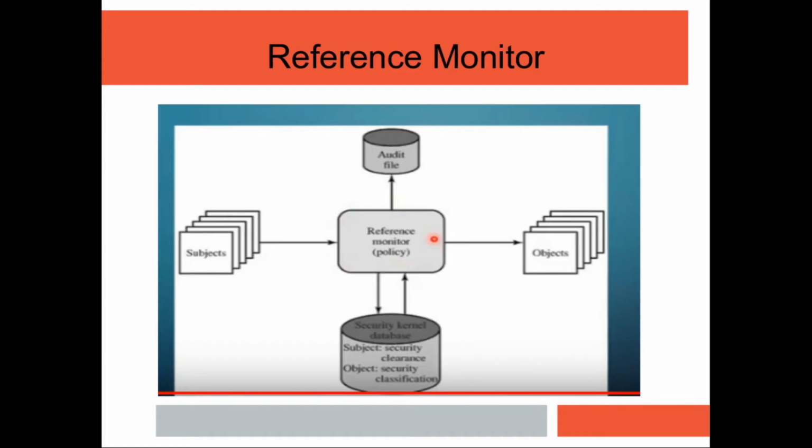A subject wanting to access object files or data needs to access them through a username and password. They should not access directly. They should follow some rules and regulations. They should follow some operating system policies. That is important. You cannot uninstall or install files on a computer with the Windows operating system unless you are admin. You should be admin.